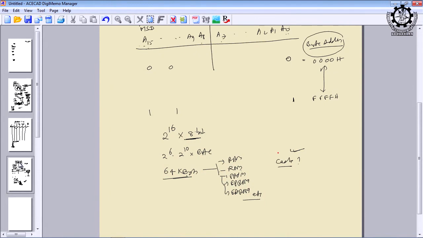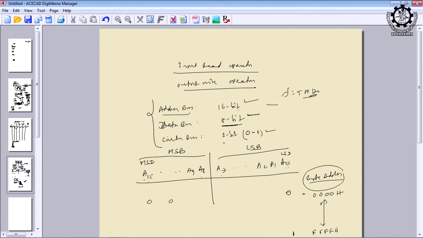So, anyway, this 64 kilobytes is possible because of the 16 address lines, and we know that the data bus is of 8 bit and that is designated as D0 to D7, like D0, D1, D2, D3 up to D7. So, that means how many wires are required? For 16 bit address lines we need 16 different unique wires, and for 8 bit data we need 8 wires, and control bus assume that 10. So, we need 34 lines or 34 wires.